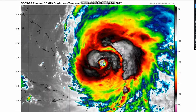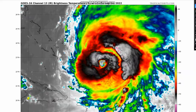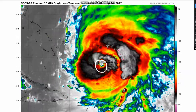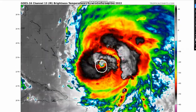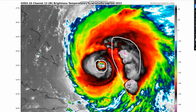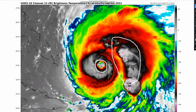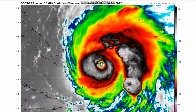However, this is not an ideal look for the cyclone convective-wise, as normally you would want the colder convection focused in the core of the storm. However, most of the convective activity is displaced from the core and is mostly firing in this band. Some of that convection is diminishing somewhat as convective favorability decreases, but right now this is not the best look